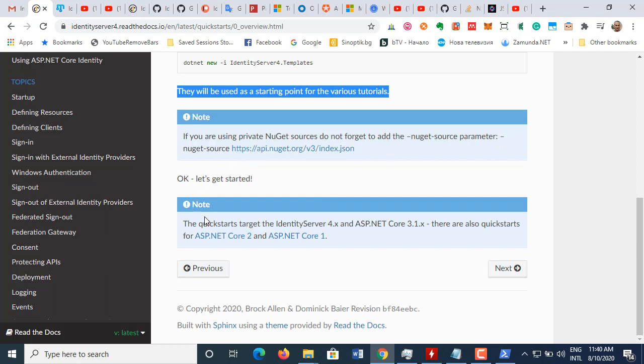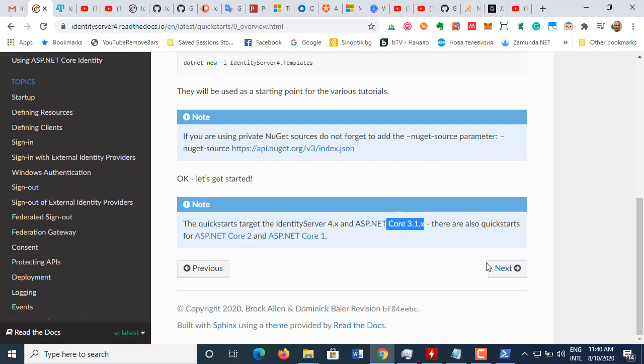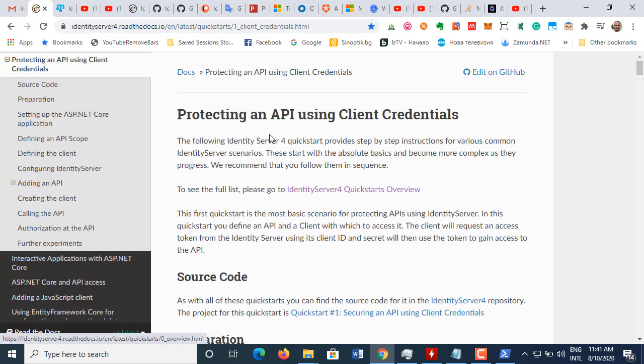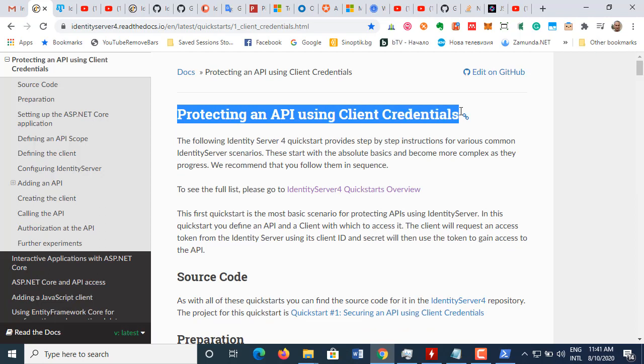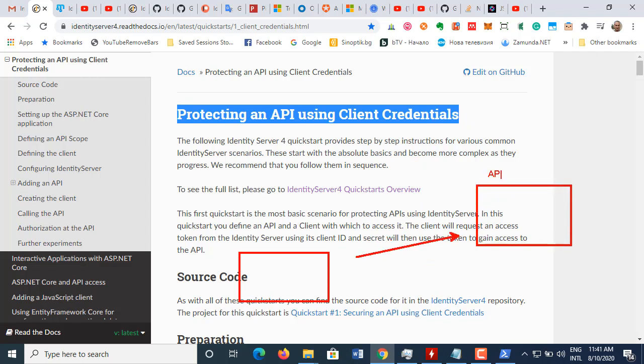Okay, let's get started. The quick start targets IdentityServer4 and ASP.NET Core 3.1.4, which is mine. There are also quick starts for OAuth. I'm not going to look at that. Protecting an API using client credentials. So we'll have a console application which is trying to access an API application. We know how to deal with API applications from our previous tutorials, and we will have an STS, security token service,